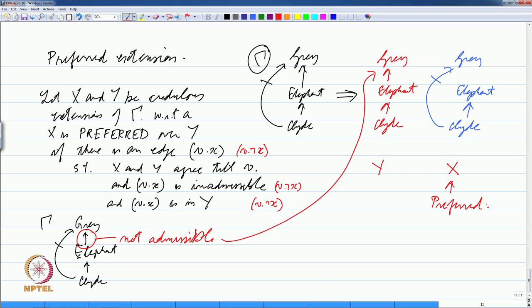So, of the two credulous extensions that we can construct for this small inheritance hierarchy, both are credulous in the sense that both are not inconsistent essentially. The sub networks, we are not talking about consistency with respect to the original knowledge base, which anyway is inconsistent in the sense that if you say elephants are grey and Clyde is an elephant and then you say Clyde is not grey, obviously that is inconsistent. If you wrote that thing in first order logic, you will immediately be able to draw a contradiction or a null clause or whatever depending on the method you are using. But we are talking about general statements, we are not talking about universal statements here.